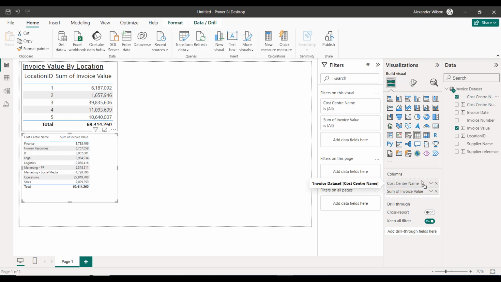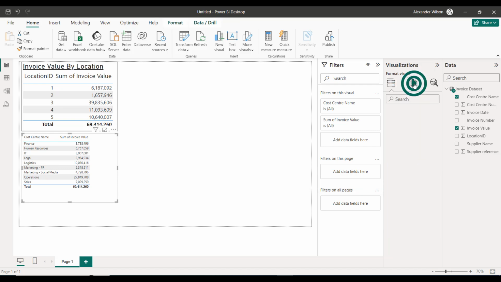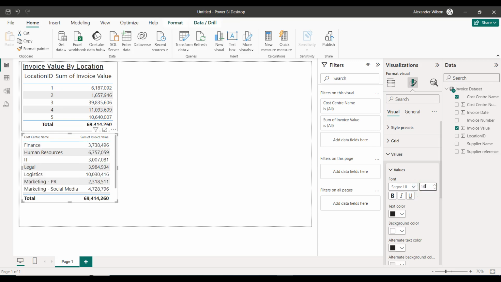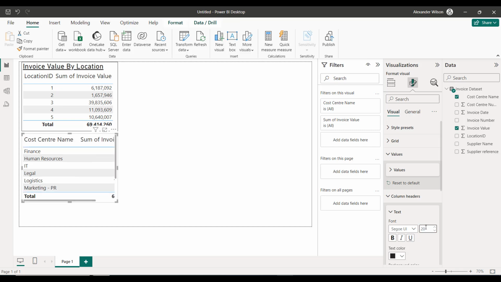The formatting now is completely different from the invoice value by location table, so we need to change all of that. We'll go to the formatting section and first go to values. We'll then increase the column headers. And put in a border.